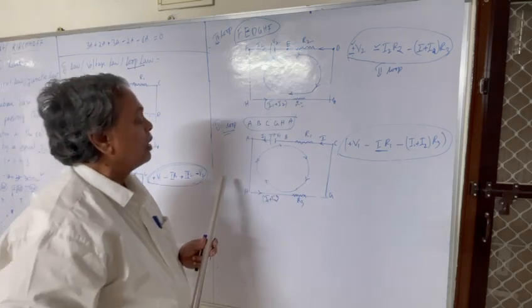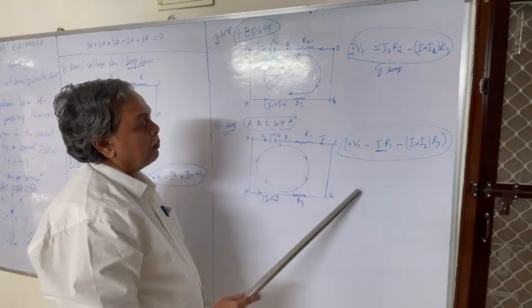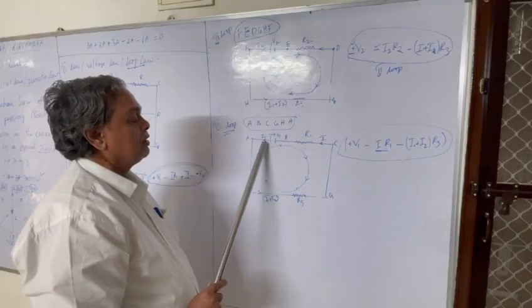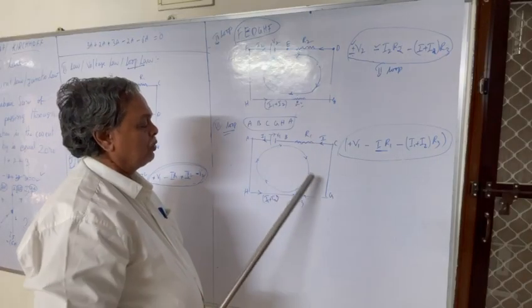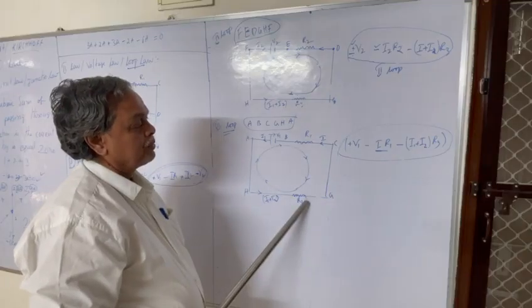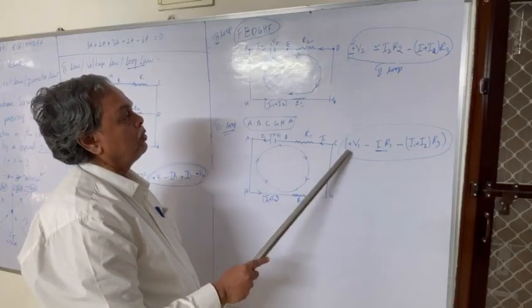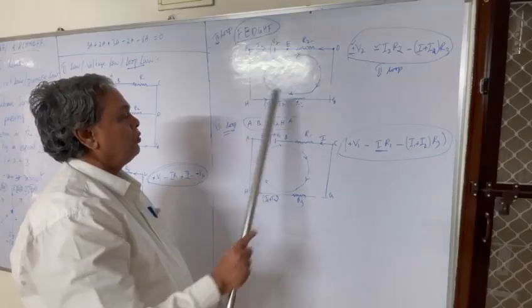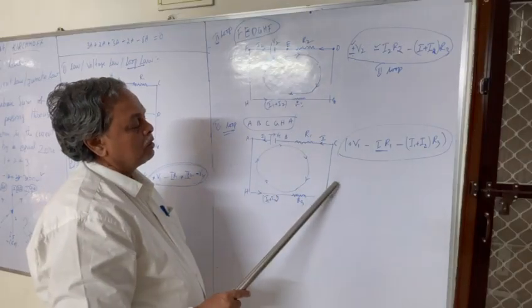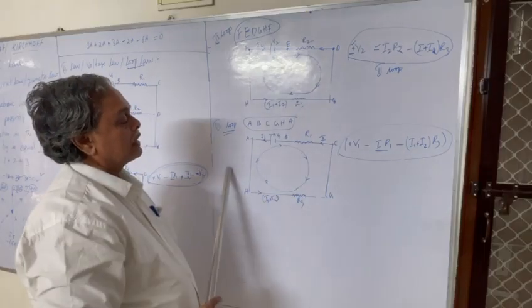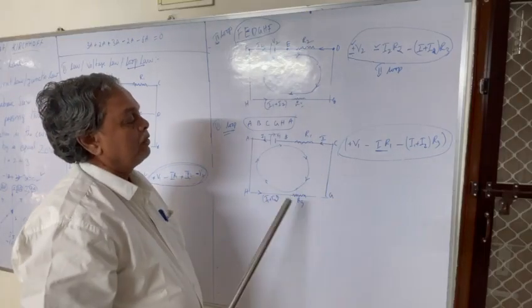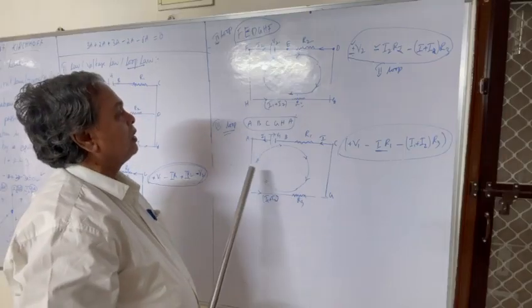In the next class I will explain in a practical way by giving voltage, suppose 9 volts, a resistor of 3 ohms and a resistance of 5 ohms. If you substitute in these equations and solve the linear equations, we will get the answer. In the textbook, the next figure is given. In the next class, I will tell you.